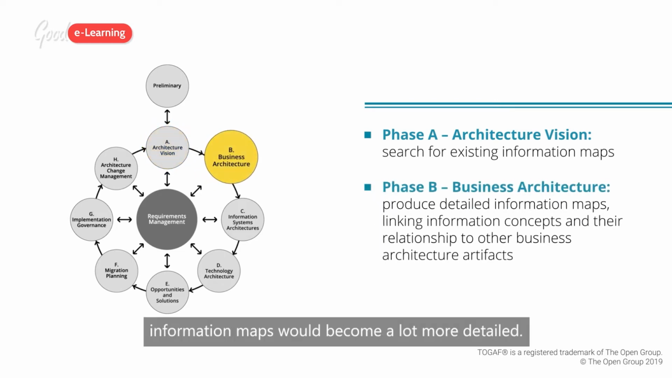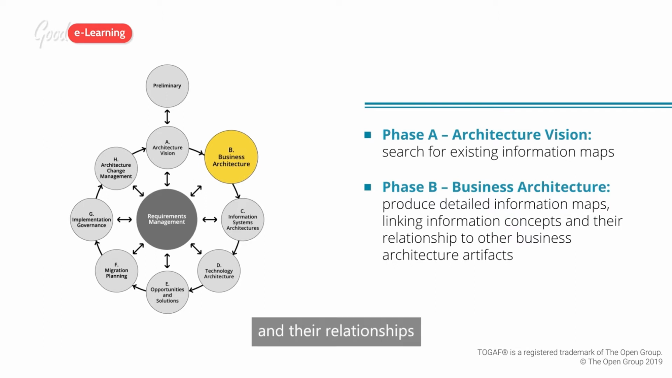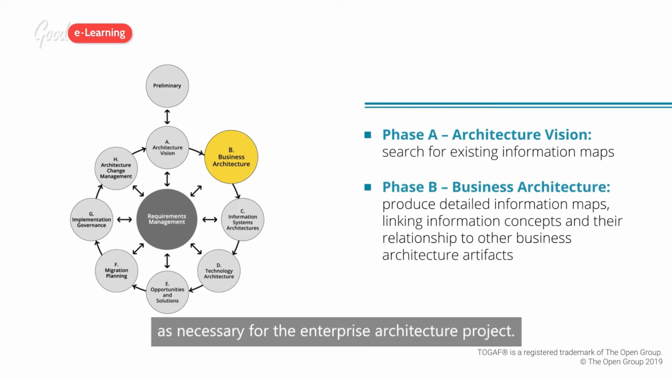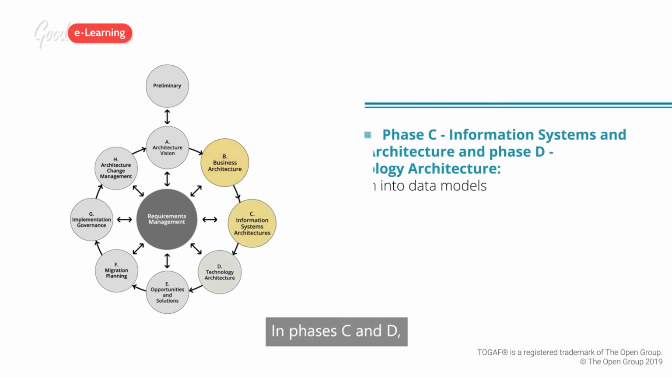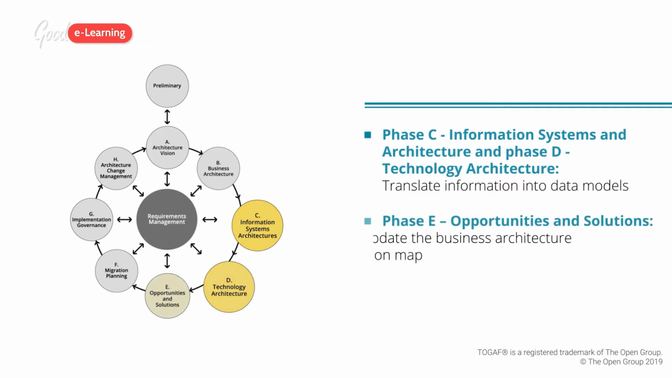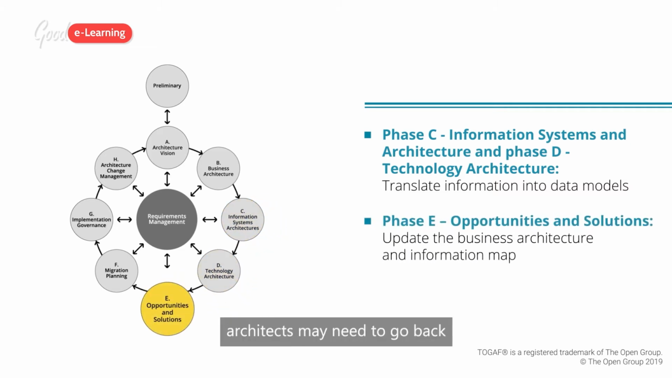In phase B, information maps would become a lot more detailed. Architects would add information concepts and their relationships and link them to other business architecture artifacts as necessary for the enterprise architecture project. In phases C and D, information would be translated wherever possible into data models. In phase E, architects may need to go back and update the business architecture, which would also mean updating the